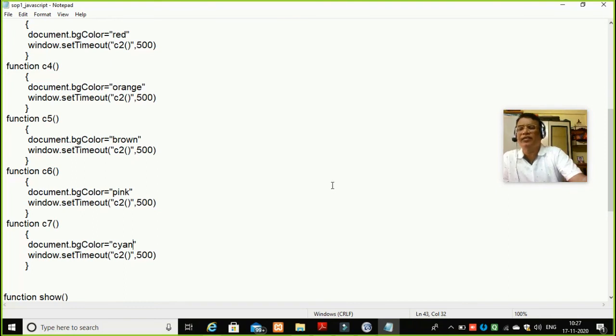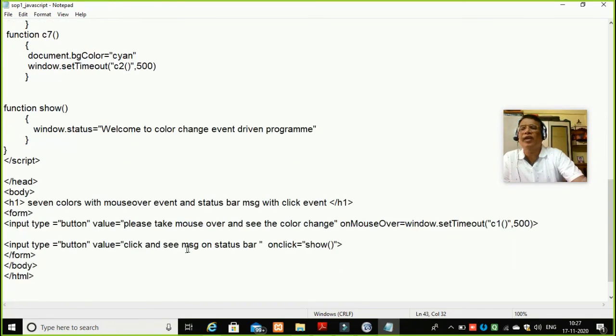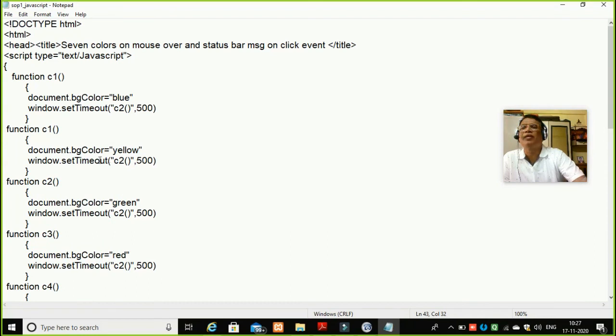If I find a color is being repeated, I will change the color over there, whatever color I feel. There are 256 shades. You can find out the names of those colors and you can put the colors over here. So this function will now work. Okay, and now my program is ready. But when I call here C2, C2 will call C3.